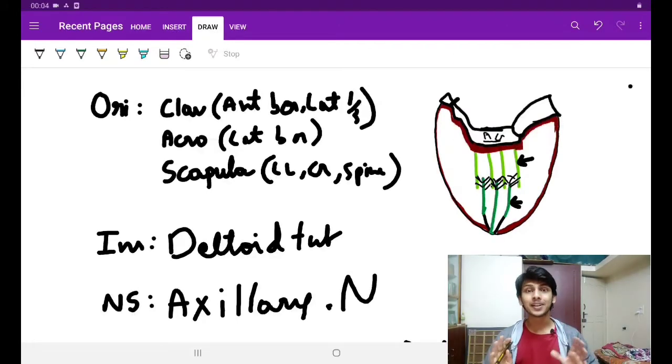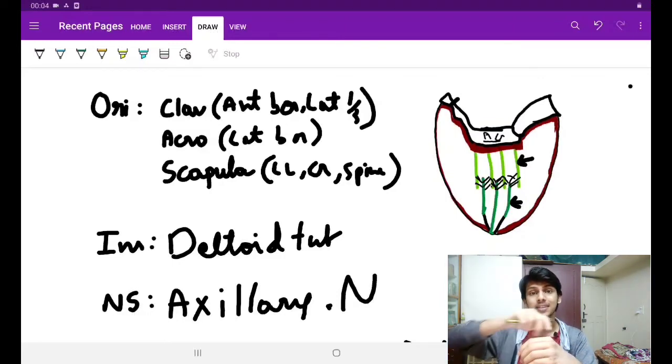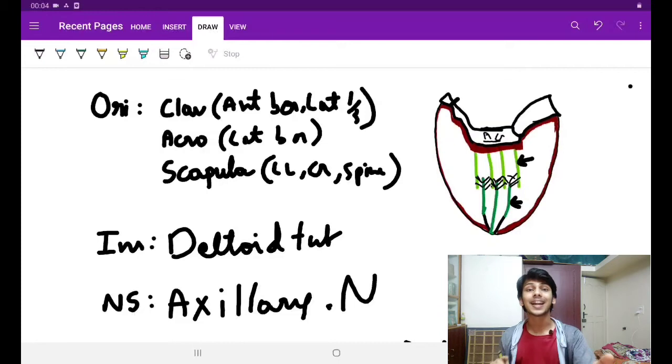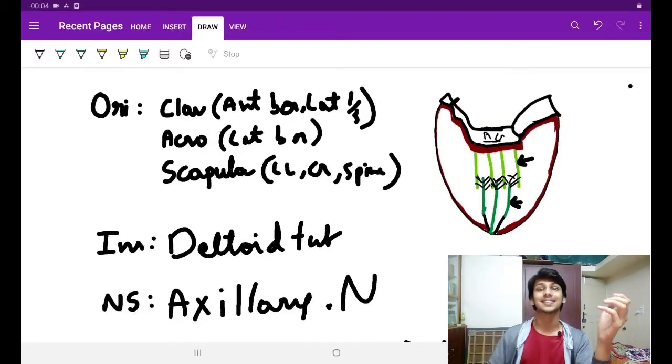Now guys, deltoid muscle is a skeletal muscle, isn't it? The skeletal muscle is under voluntary control. If it is under voluntary control, it has to be supplied by a peripheral nerve, isn't it? What is the peripheral nerve supplying the deltoid muscle? The peripheral nerve supplying the deltoid muscle is one of the nerves which is under the cover of deltoid muscle. That is the axillary nerve. It is present in axilla, winding around the surgical neck of humerus. So it is also called as circumflex nerve. That is supplying the deltoid muscle, isn't it?